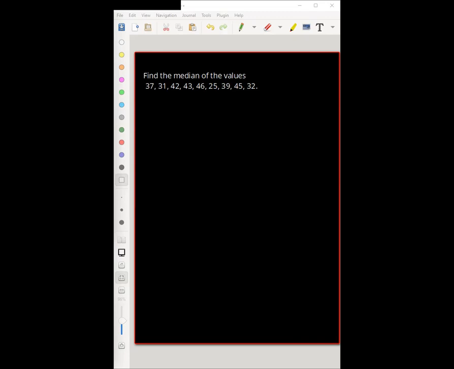Median. What is median, all of you all? Middle value, remember? How can 46 be the middle value? What is the first rule whenever we have raw data? What is the first rule or the first step?